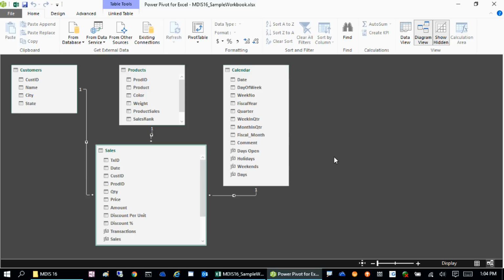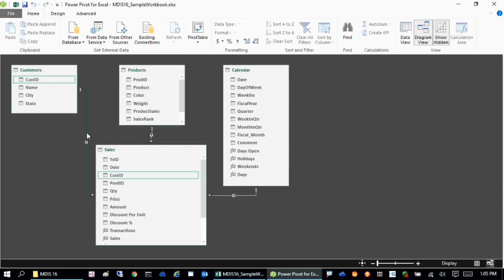Very straightforward. I have sales transactions, and there are only 50 of them. You'll see them in a moment. I think it's 5 products and 5 customers. Just very, very simple. This line shows a relationship between the sales transaction and the customer table, and when I